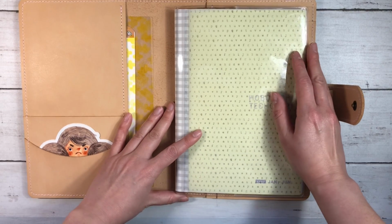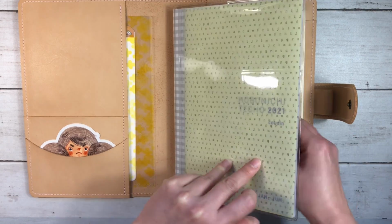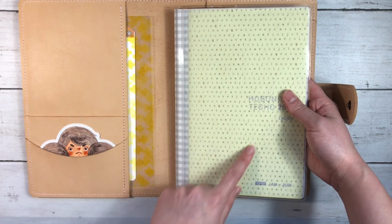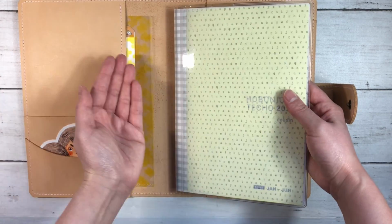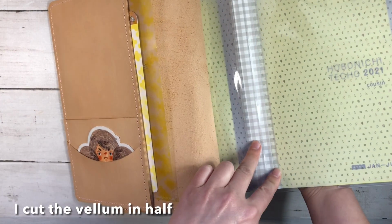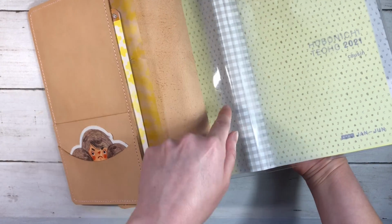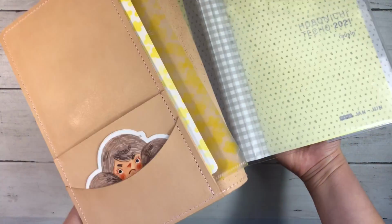This is a clear vinyl cover from Lauren Phelps Designs. So I've put my notebook in here. I did put a piece of vellum from Mrs. Brimble's Etsy shop in here. It wasn't quite long enough to just wrap cleanly around. So what I did was just put a strip of white paper in the middle and cover it with some washi that I like the look of, and kind of made a little spine. It's not perfect, you can see the brown there, but I really just wanted the vellum to stretch over the